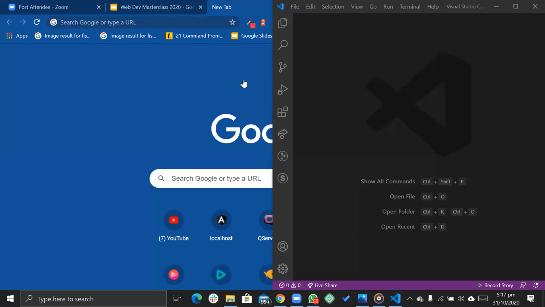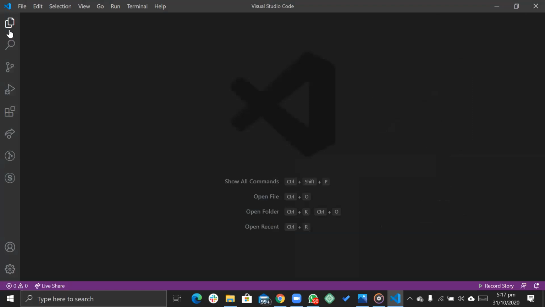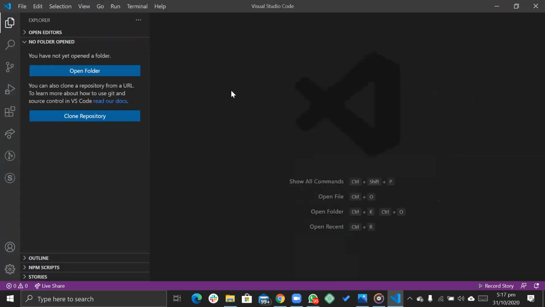Okay, I'm sure you can see my screen now. Can you? Not yet. It's just loading. It's not showing yet.